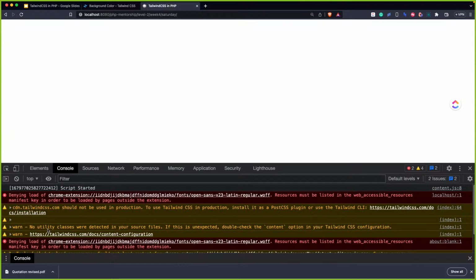Yeah, this warning is okay. No utility classes were detected in your source files. If this is unexpected, double check. So they say no utility classes were detected, but all I know is that